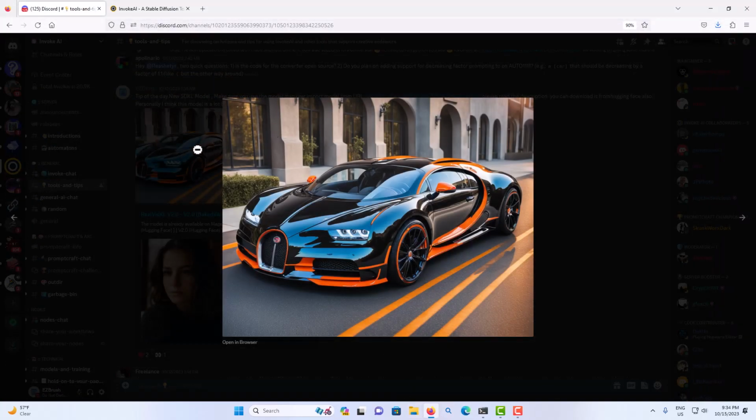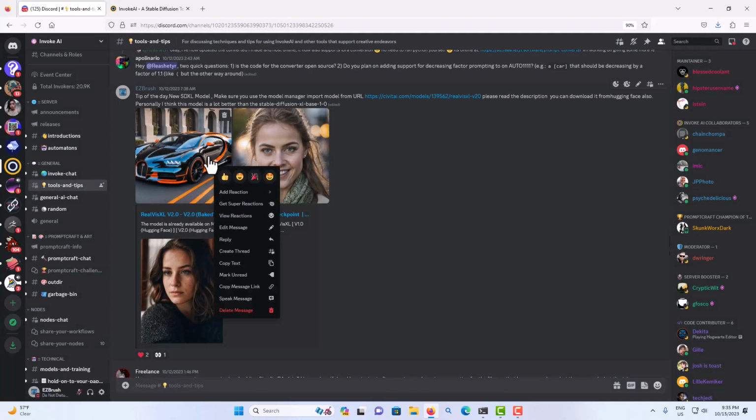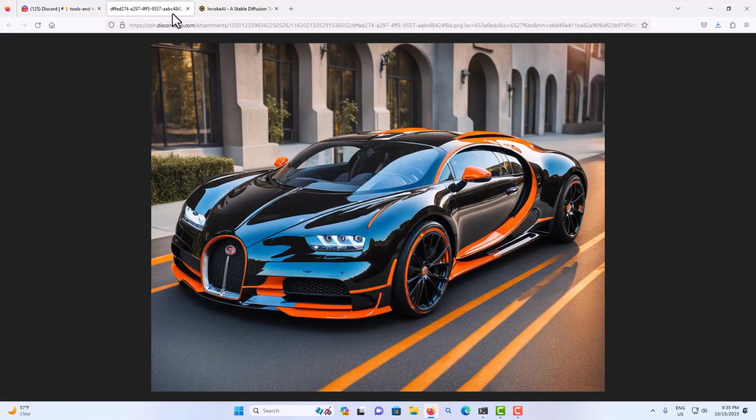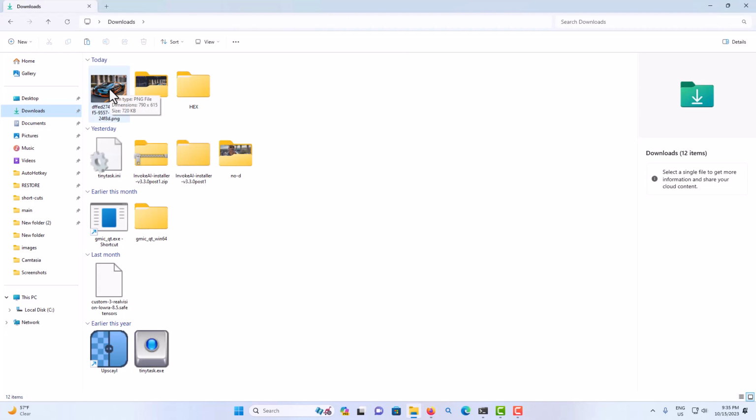So let me see what the original size was on that. I'll open this up, and the image size is, over here, 1152 by 896. This is 790 by 615. So if I was to open that up,